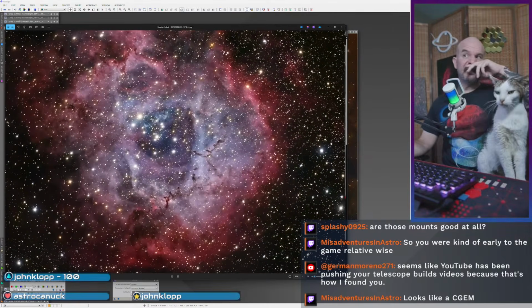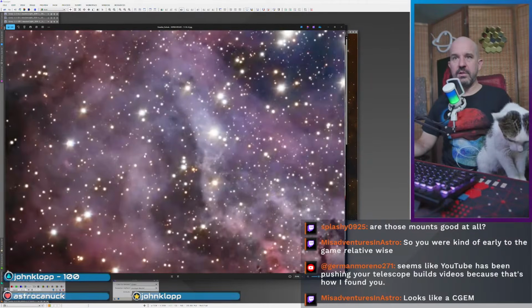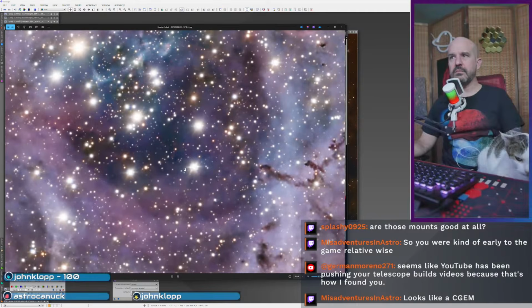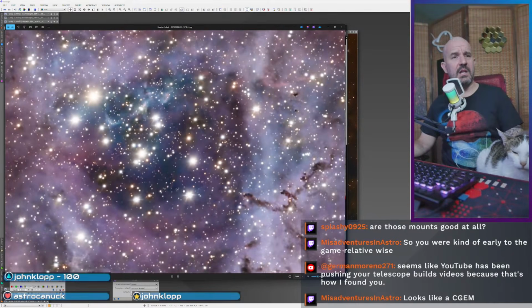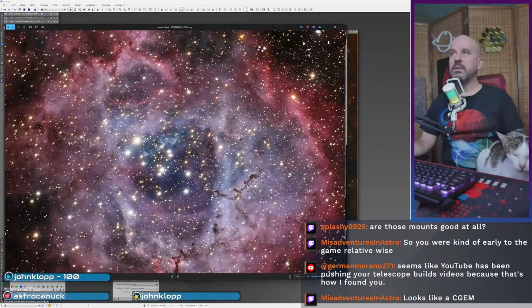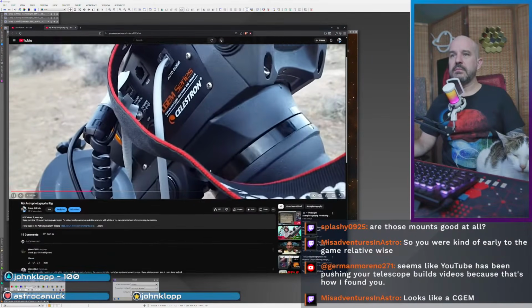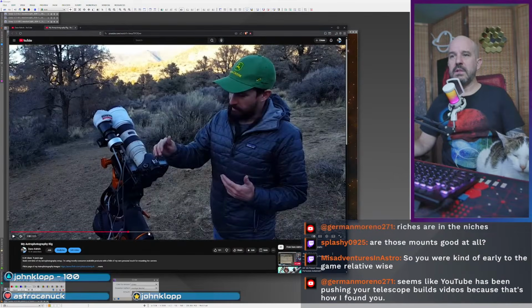Pretty nice. I really like the colors in here. The star shapes are really ugly. I guess they're not that bad, but you know, big diffraction spikes. That's from the aperture blades in the lens, right? So, yeah, that was,